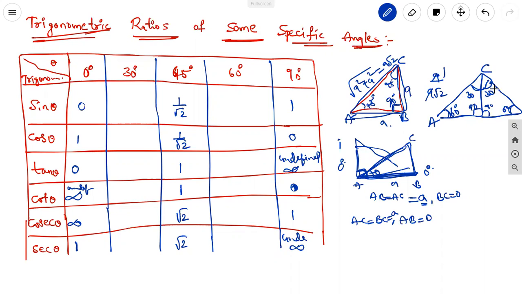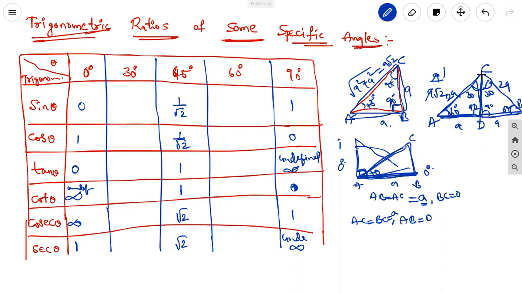Suppose we take A, C, B, D. We are taking it like this. Here, the sides of the right angle triangle, the hypotenuse, we are taking as 2A and 2A. Then CD is the perpendicular to the AB line. This is the midpoint. So midpoint means this length is also 2A, then it divides into A and A.